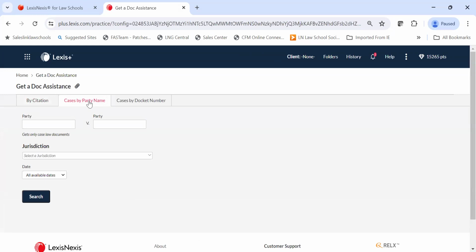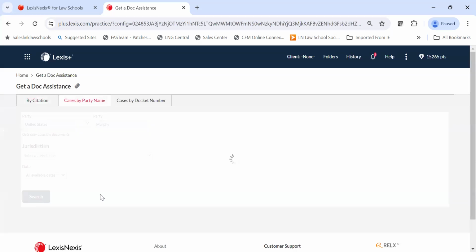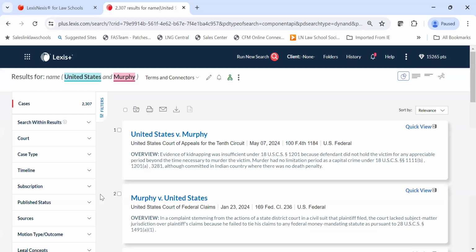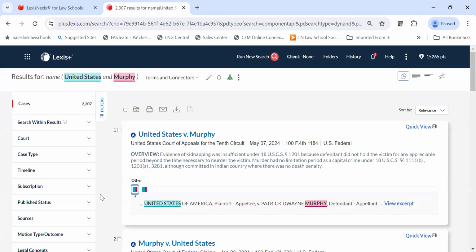So we know it was U.S. v. Murphy. So we're going to type in United States, and our party is going to be Murphy. And even if we don't know the particular jurisdiction, we can still run it. All right, and now we have 2,307, but we can search within our results